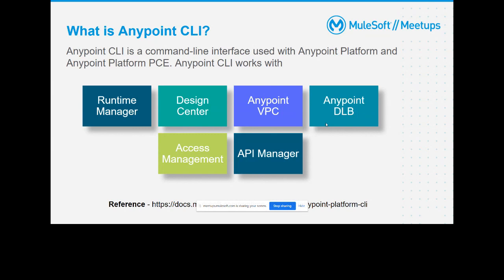The other thing: why do we require Anypoint CLI? Let's consider that we have various DevOps tools like Jenkins and Windows Azure. For deployment, we are using the Mule Maven plugin. We configure the Mule Maven plugin for deploying our application to CloudHub, and it requires a lot of configuration. In the case of Anypoint CLI, you simply use the deploy command with the number of workers, worker size, and all those things, and a single-line command will automatically deploy your application to CloudHub, on-premise, Runtime Manager, whatever target you require.